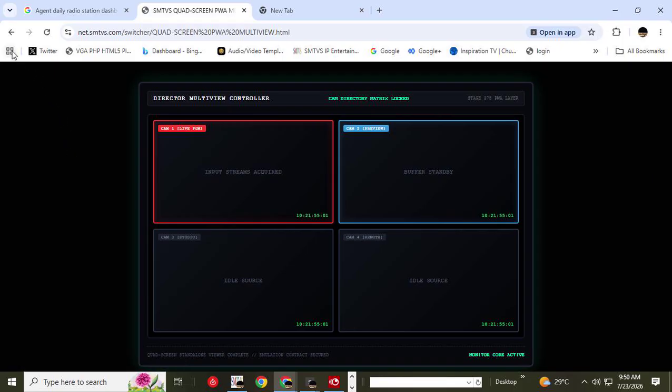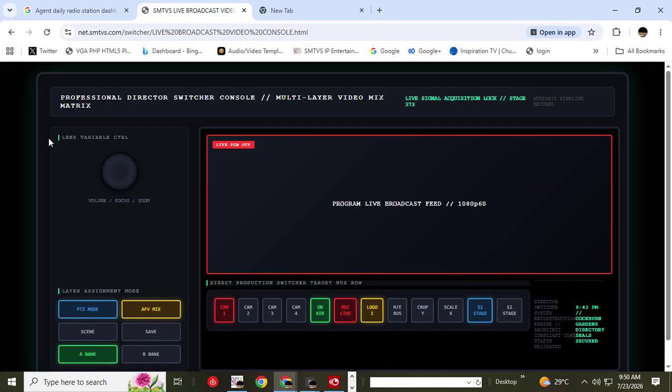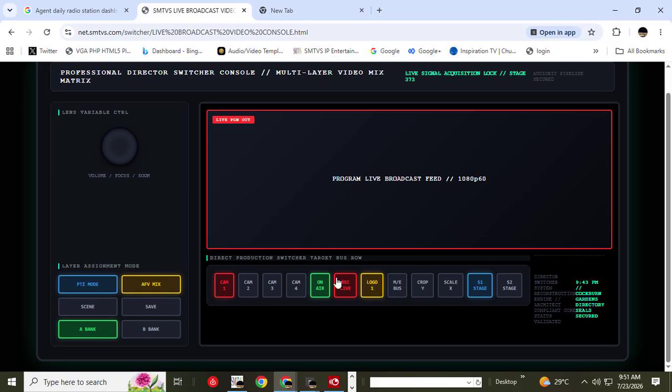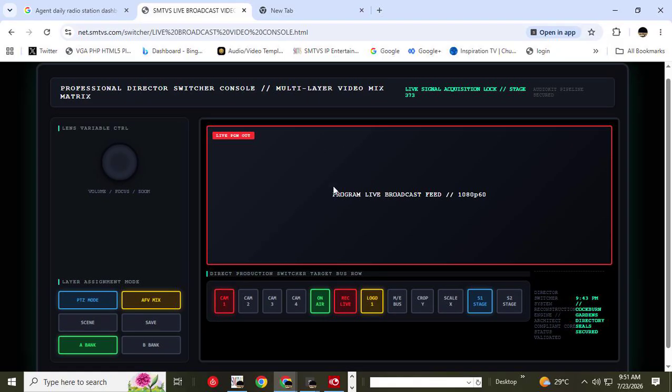So now the agent is coming up with modules. Oh yeah, you need this. And now you need this. This was a rework of, this is a television switcher too, a compact video mixer switcher. Okay, see what it said? A multi-layered video mix, right? So I have it here.